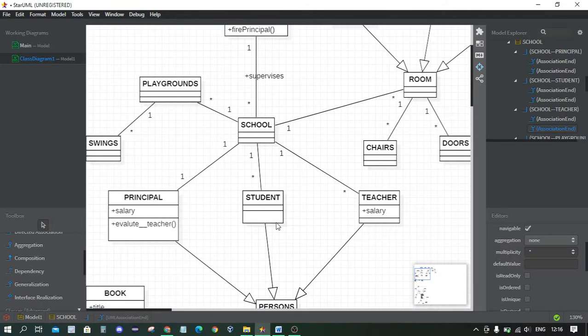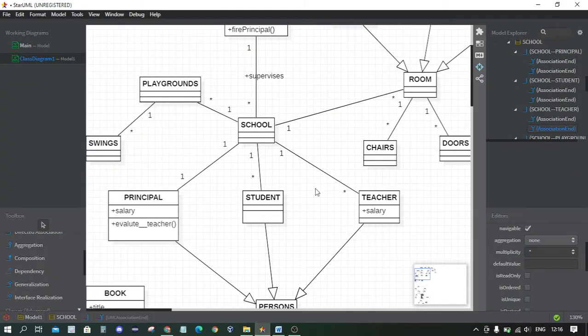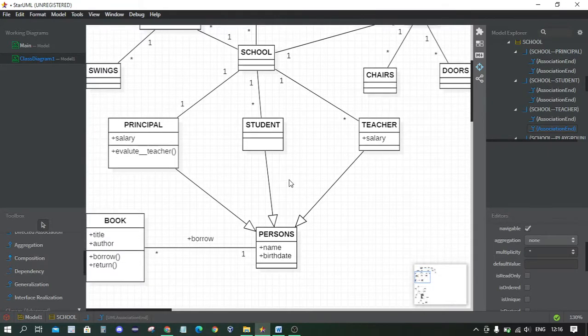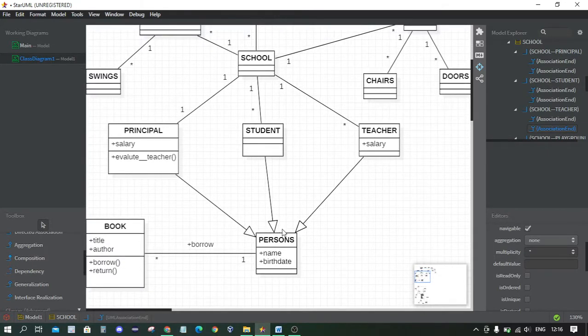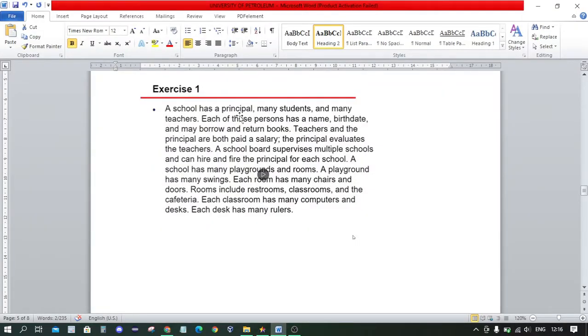Then the question says each of these persons has a name, birth date, and may borrow and return books. So I made another class named person, which, as given, has a name, birth date, and may borrow and return books.